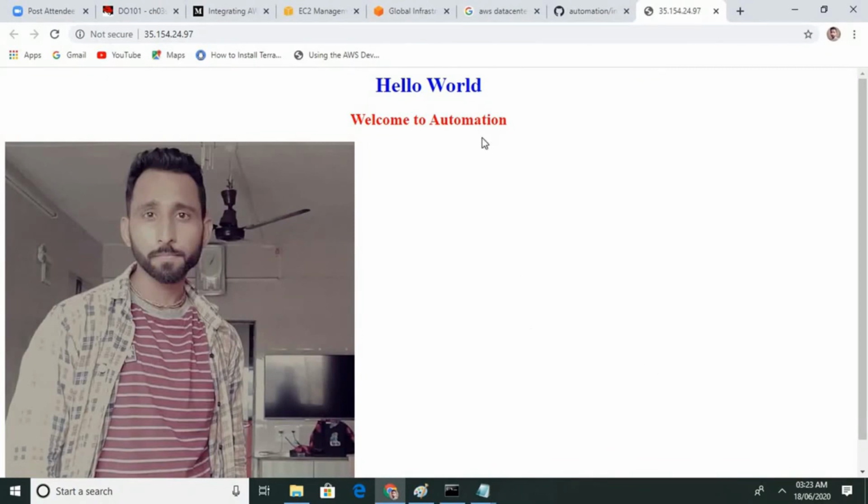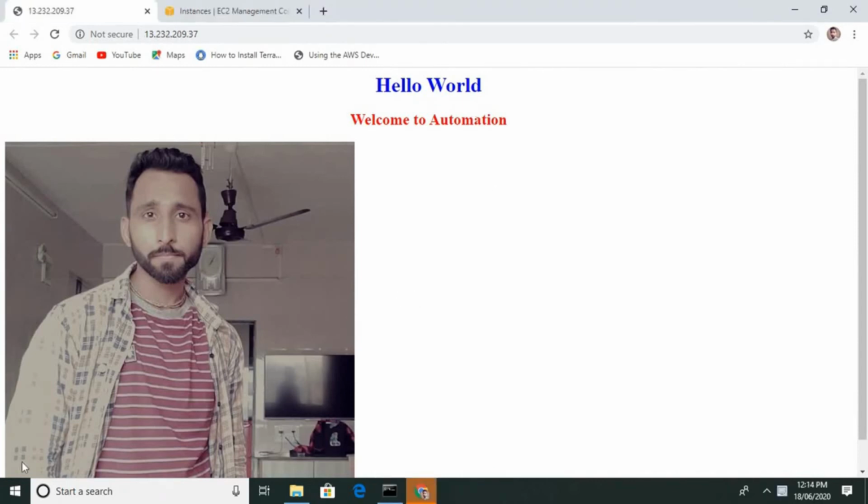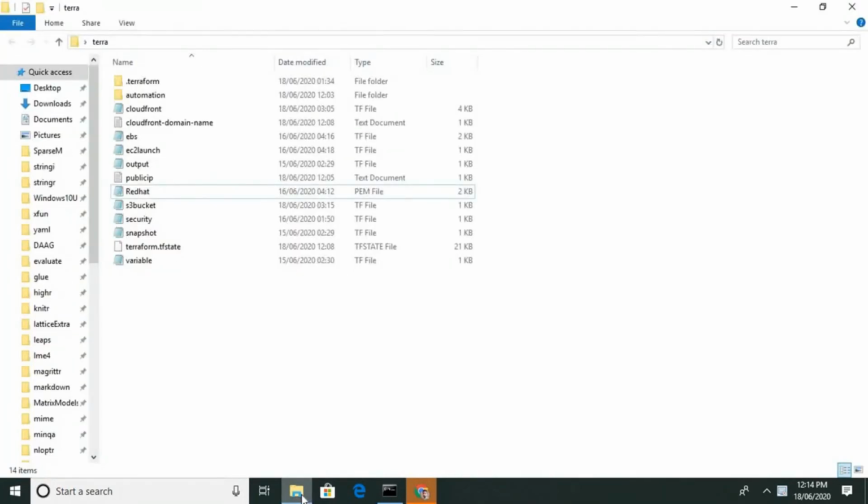And this code is coming from the EBS volume, means from our instance. So you can see here the complete infrastructure is created just by one click. So powerful it is. Now you can carry this file anywhere in the world and run this file, and the complete infrastructure is created for you.